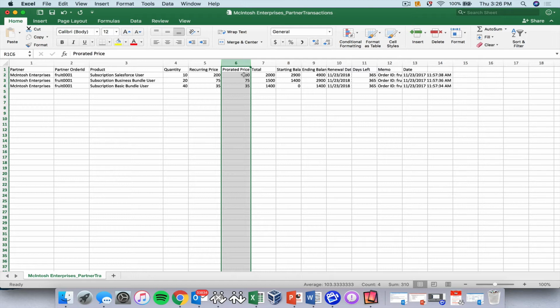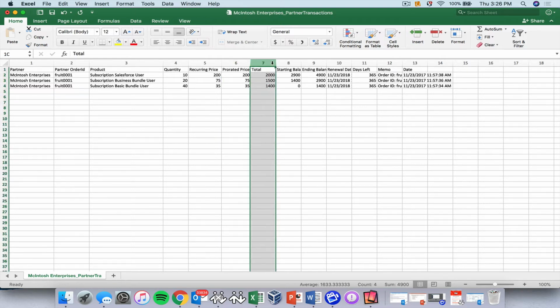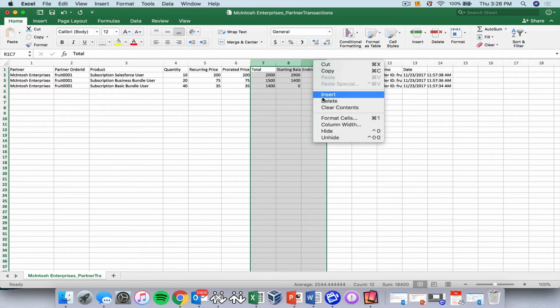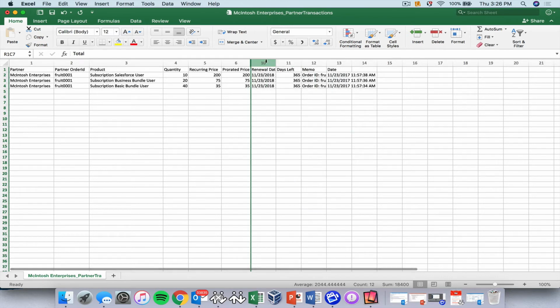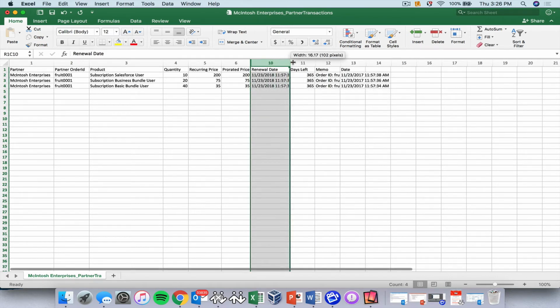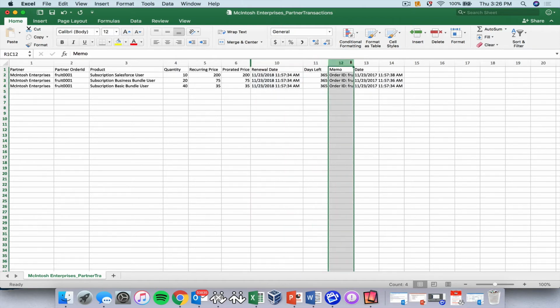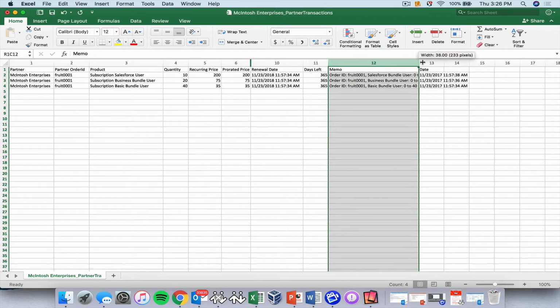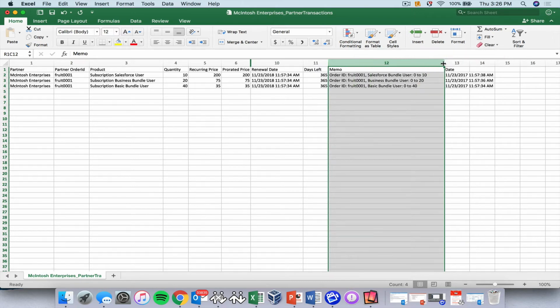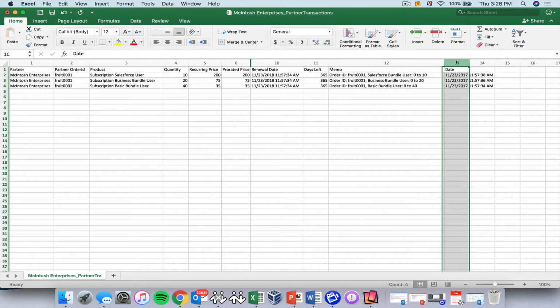But if I had purchased this halfway through, the prorated price would have been $100 and $37.50 and $17.50 for the basic bundle user. Okay, total. I don't think we can hide that if you don't want to look at that. The renewal date just shows you the date on which it renews, so that's a year from now. How many days are left, so 365. The memo ID just provides some additional detail. It basically shows that for each of these bundles, you went from 0 to whatever quantity was ordered, and then it actually puts